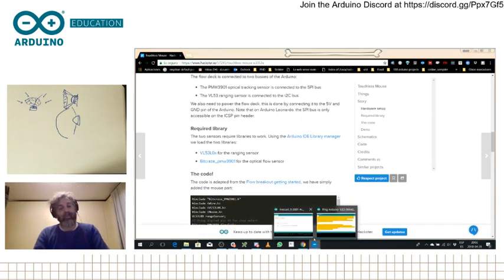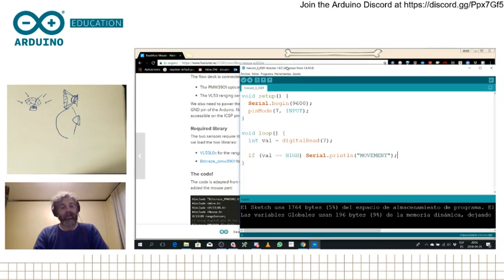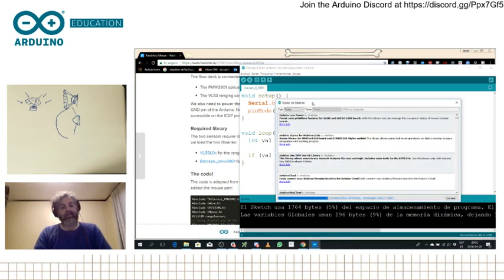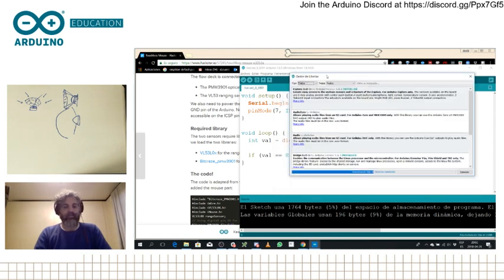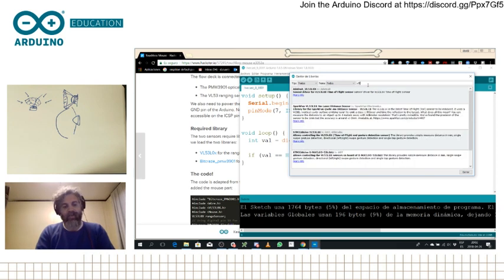And you need two different libraries for Arduino. So I go to the Arduino IDE, and I just make sure I have the names of the libraries. As you know, to install new libraries, you have to go to the library manager, which is inside the Sketch menu, and you can search here for VL53L0X by Adafruit, so that you have it. The one from Adafruit will work. Install it.